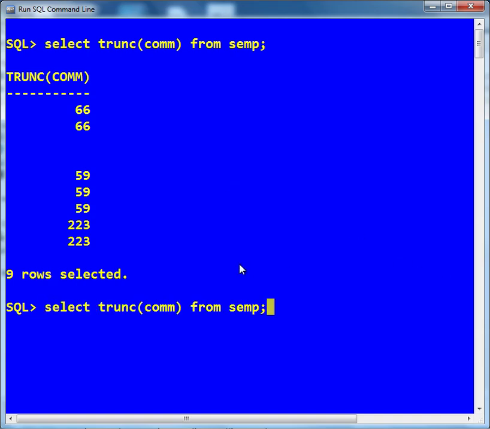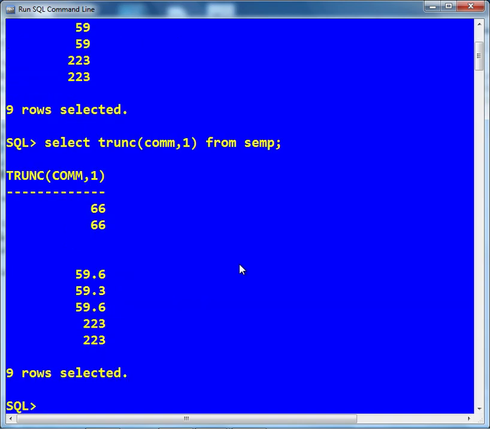If I want to keep one digit after decimal, it cuts all the remaining values except that one digit. So it is maintaining one or two digits as per our requirement after decimal and cutting the remaining values. In this way we can use the truncate function.